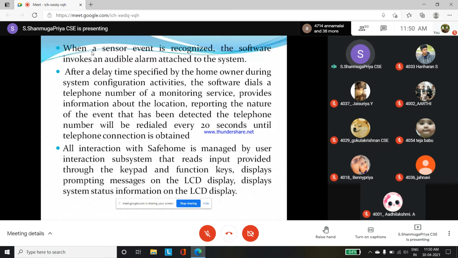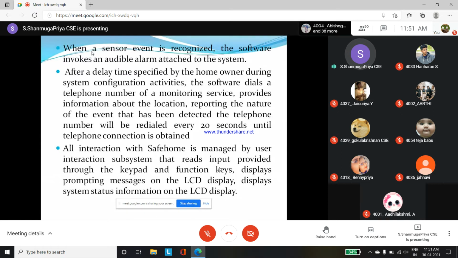So how is the user going to interact with this? The user has to interact by reading the input, okay. So they can read from the keypad and provide the input. And if they want to see their messages, they can use some LCD display. As well as whatever information or image or picture, they can also see it on the LCD display. So in that way we have to design a product, okay.